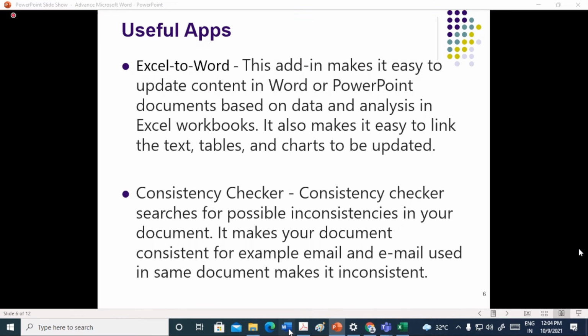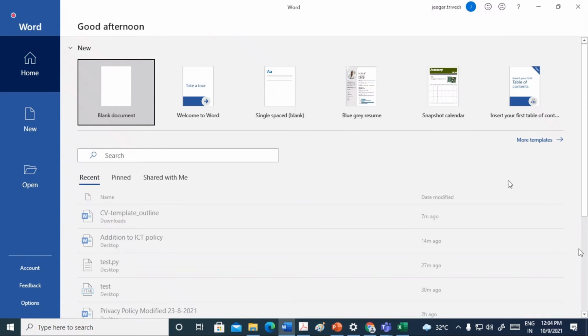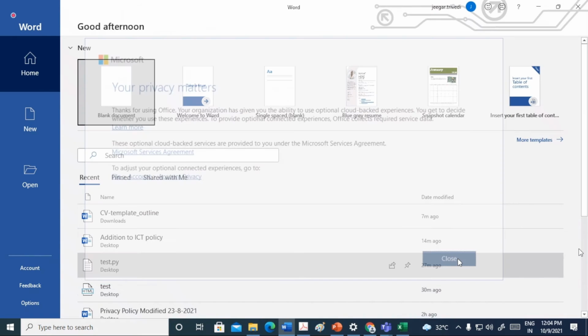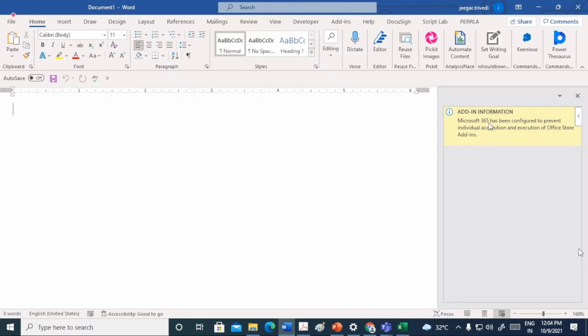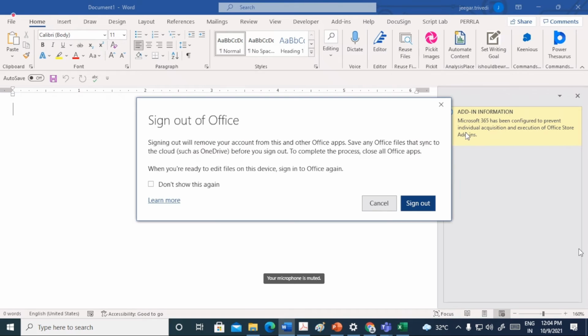So once again, close and start. Yes, now it is available. But then it will say that your office has prevented from using this, so I have to sign out.